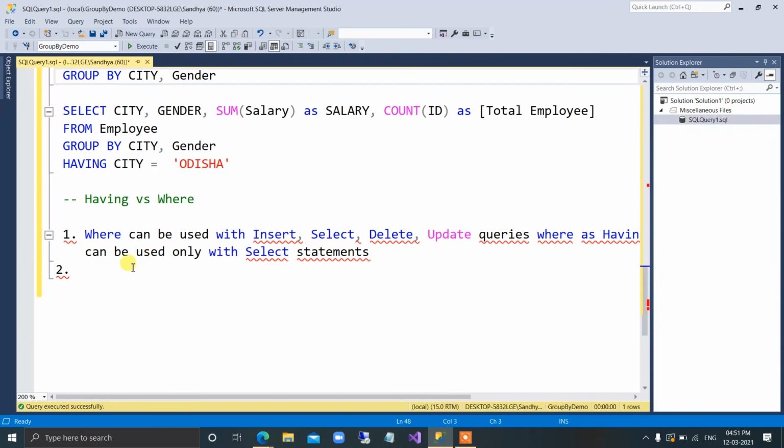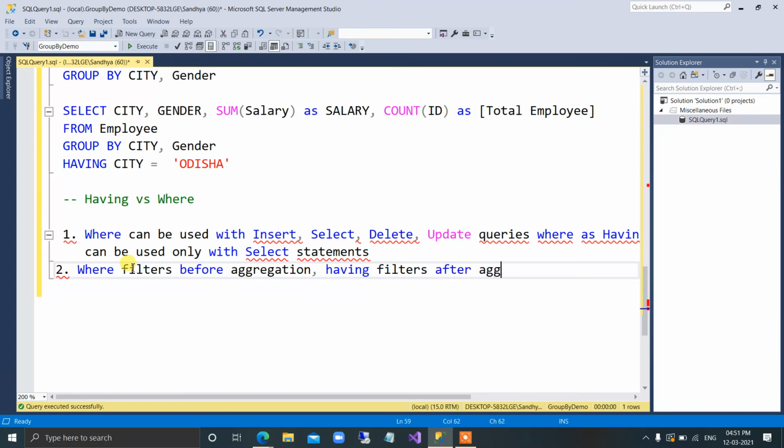So right now the two major differences are: where filters before aggregation, having filters after aggregation. These are the two main differences to keep in mind.